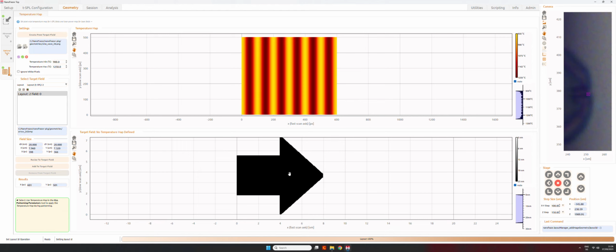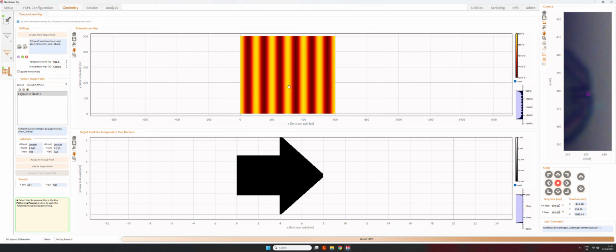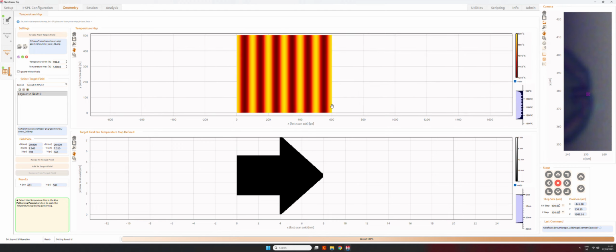Then on top of this field we will apply this temperature maps, which in case we're using a feedback may cause some problems with the feedback, because we keep on changing the temperature of the writer. But in case we don't use the feedback, you will see this sort of map on top of our design, because we change our temperature.